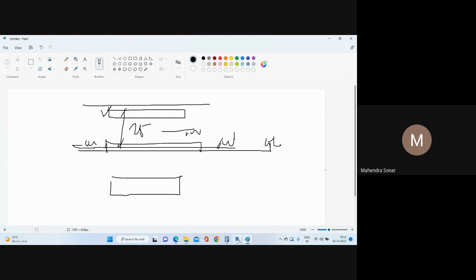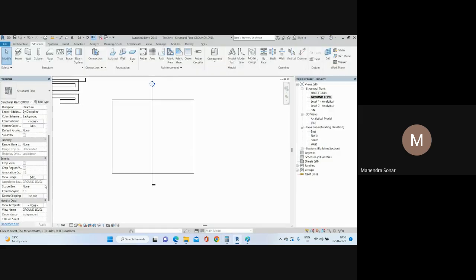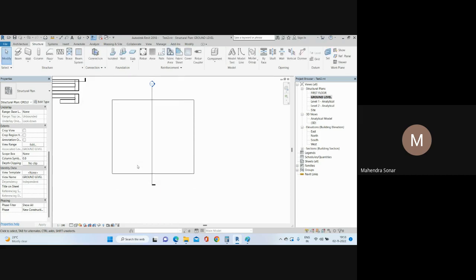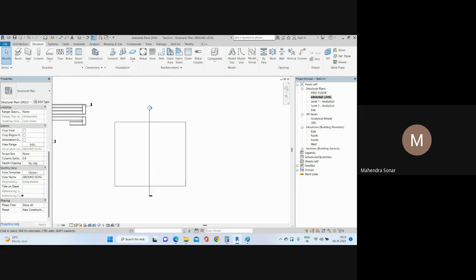How to extend? You need to go again and click here, view range edit. Okay, so this is 100. And I want to just add 3 meters here. Okay, and if I click apply and okay, oops, sorry. If you go again,